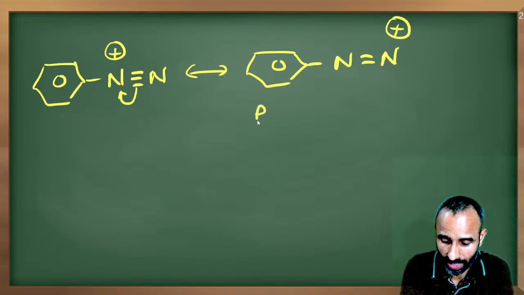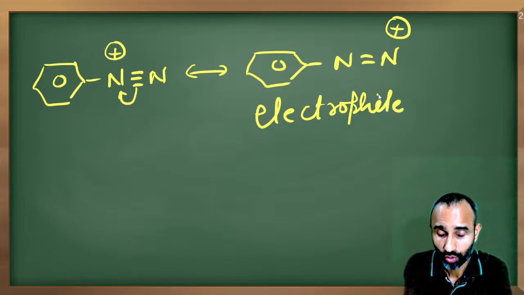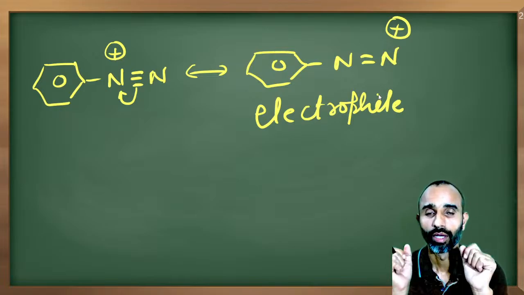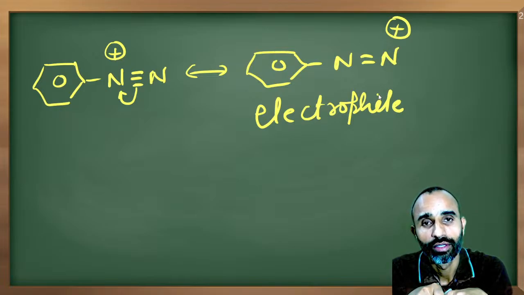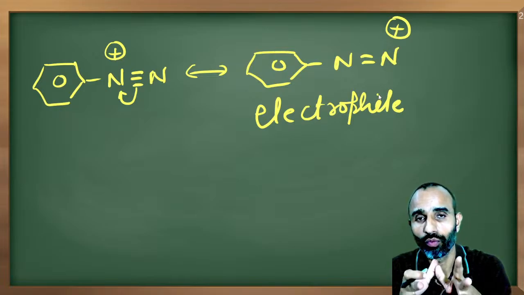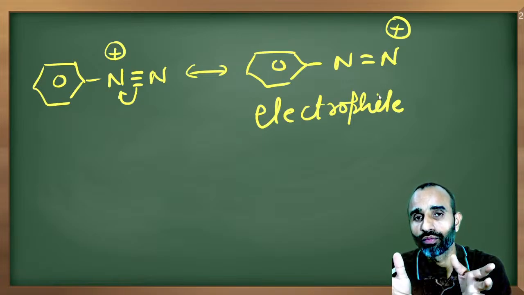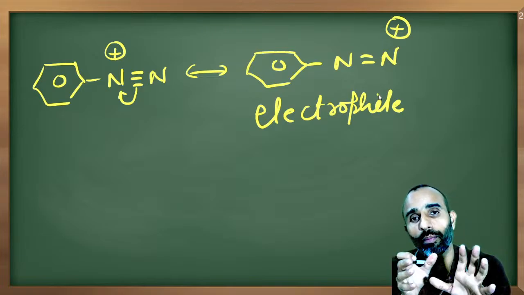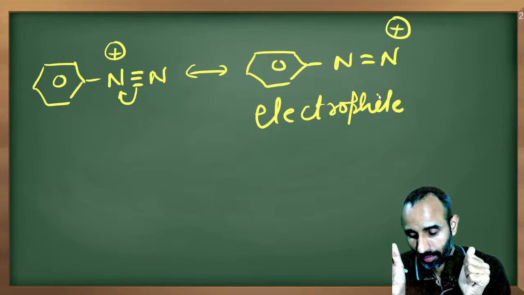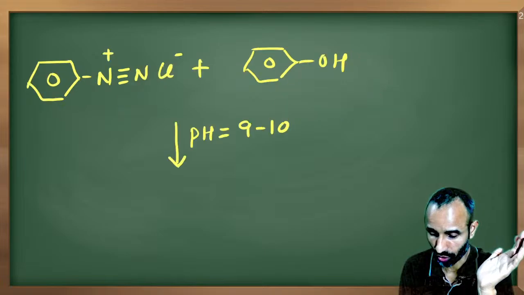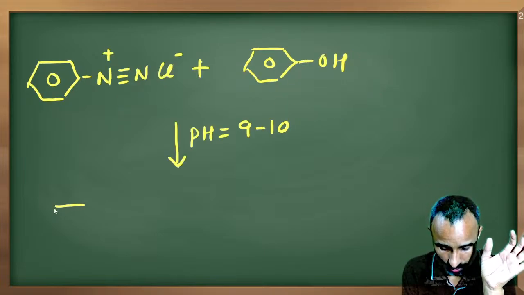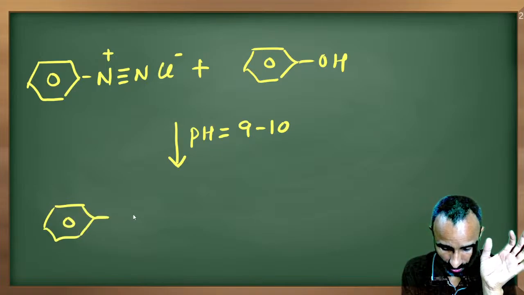This is the electrophile in this reaction, and it is a bulky electrophile, so it will attack on the site where hindrance is less. So para is the target position where it can easily attack. So that's why we get